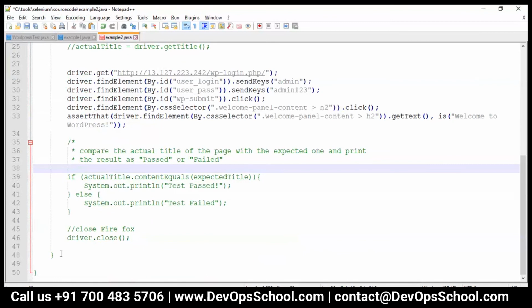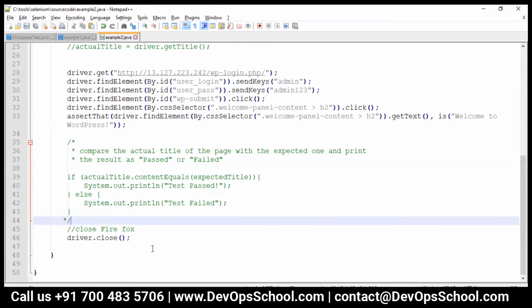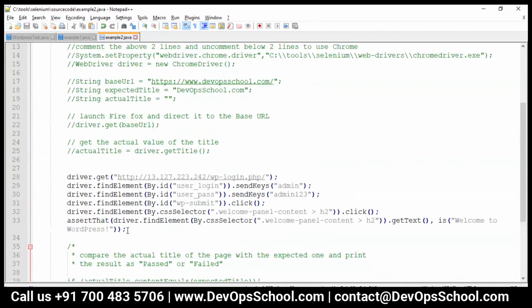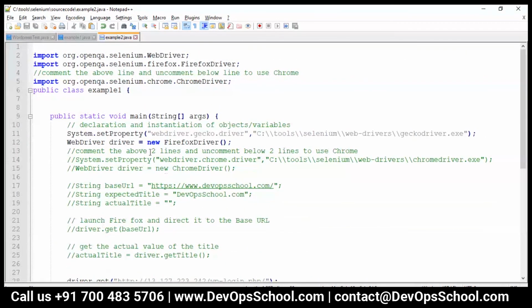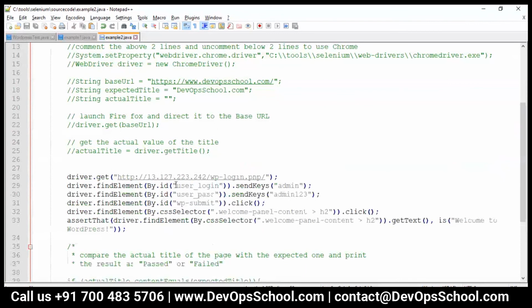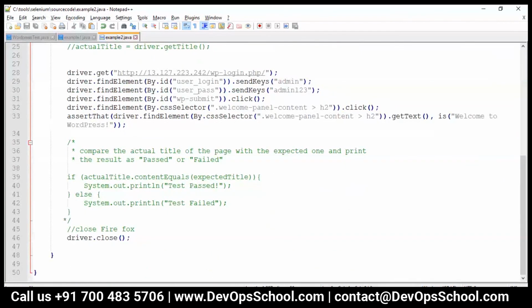So let's extend this till here and driver close. I hope it is clear. Let me check. It should not be any problem. We'll check this one later. Okay, so this should be clear.